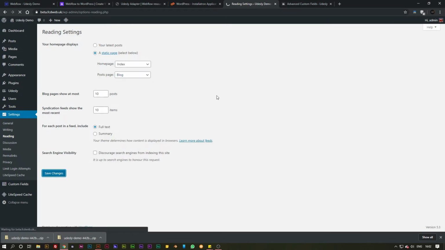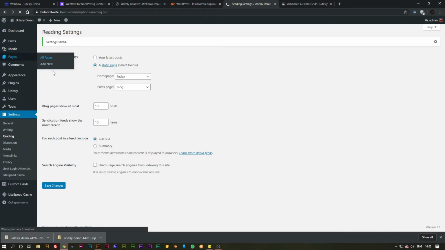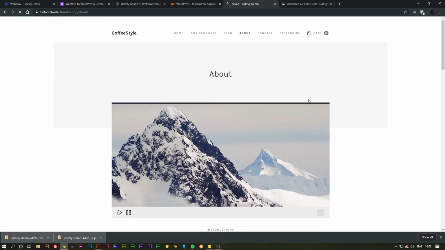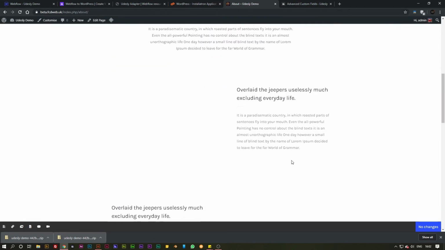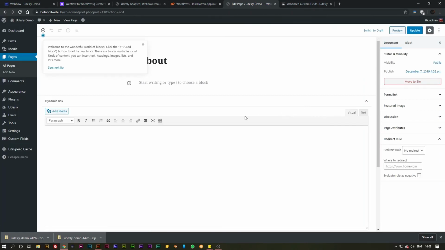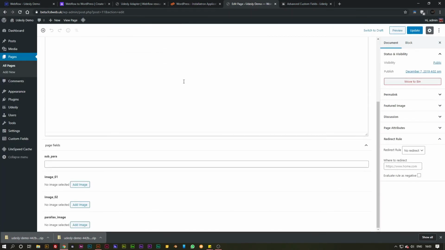Simply save those changes, and because I modified my about page, if we go to Pages and view our about page, you can see we've got nothing there, our image is missing, and our parallax section is missing. So what we need to do is hit edit page, and then as you can see, if we scroll down this page, we've got our subparagraph text, our image 1, image 2, and our parallax image area, and we can add 3 images inside of there